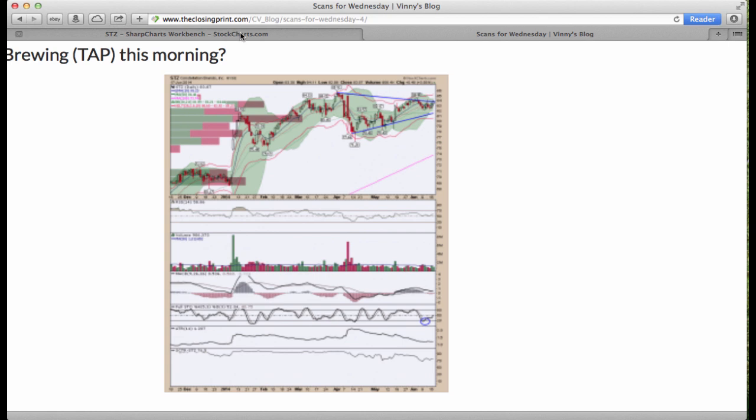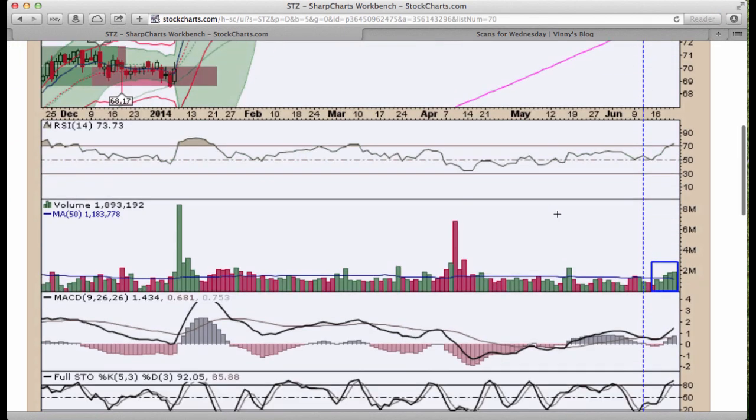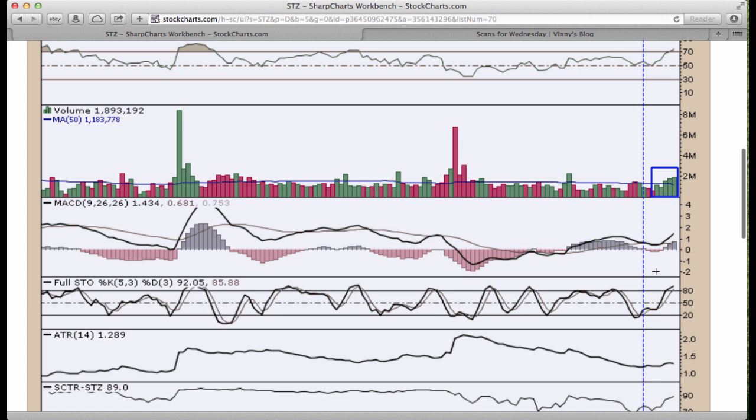So if we look at the chart, we can see that MACD followed stochastic, and this is what we look for. We look for stochastic to turn faster, being it's based on this criteria here, 5, 3, and 3. You could use 14, 3, and 3. You'd pretty much see the same result. What you want to look for is stochastic leading a turn and anticipate a turn in the MACD,